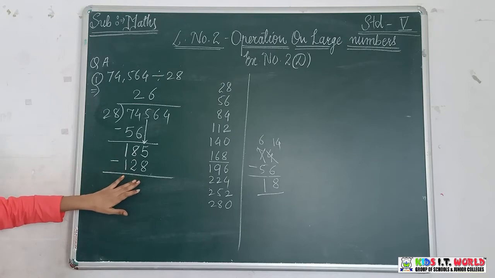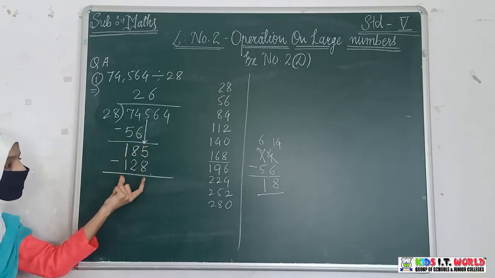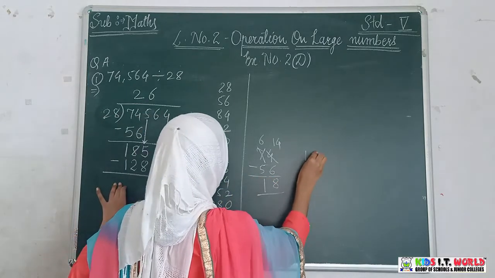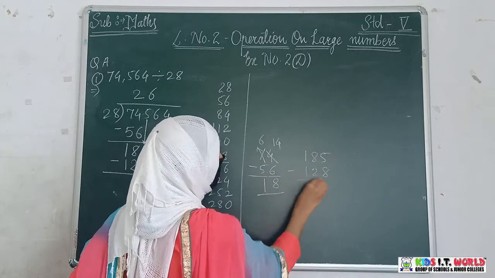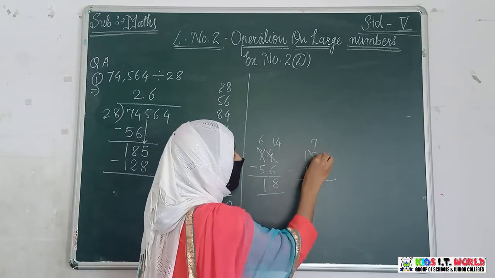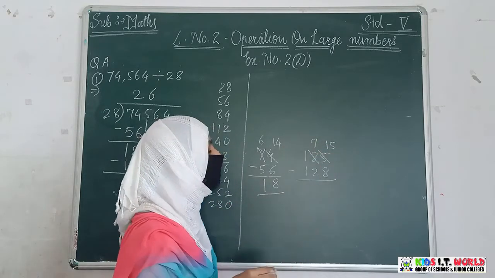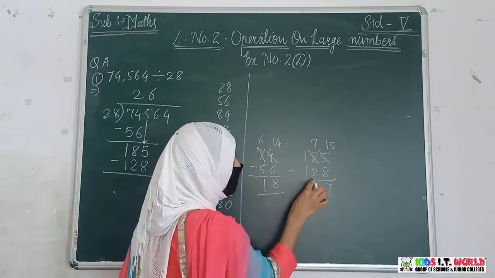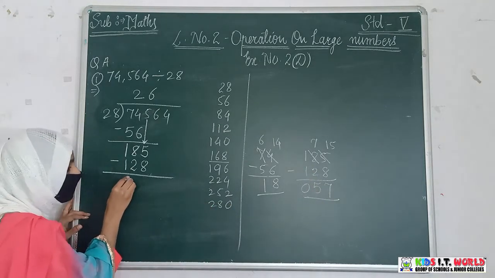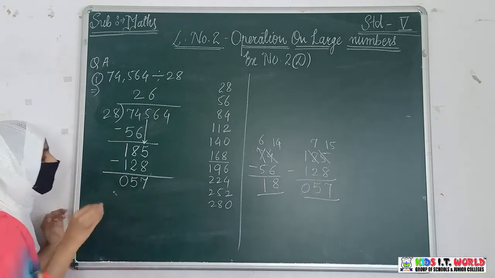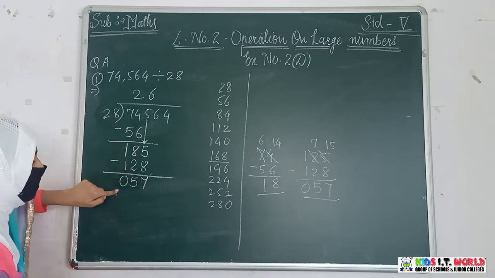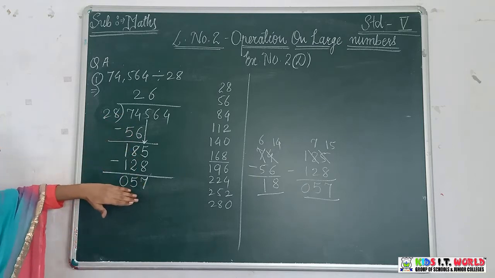Now again we have to do the subtraction. Same as I told you, if you are not able to do the subtraction here, do the subtraction separately in the rough work. So do it. 185 subtracted with 168. 5 minus 8, it's not possible. So borrow from it. It will be 7 and it is 15. 15 minus 8, it is 7. 7 minus 2, it is 5. 1 minus 1, 0. So what is the remainder part? 17. So you will write 0, 1, 7. Remember, arrange the numbers in the same way I am writing here.